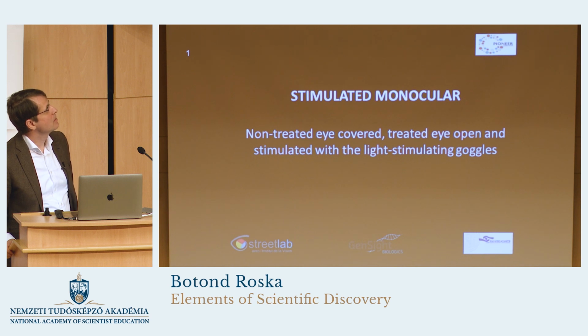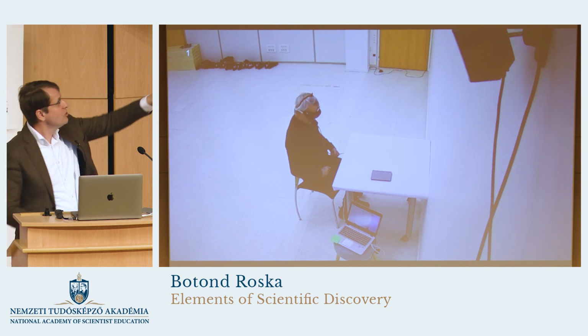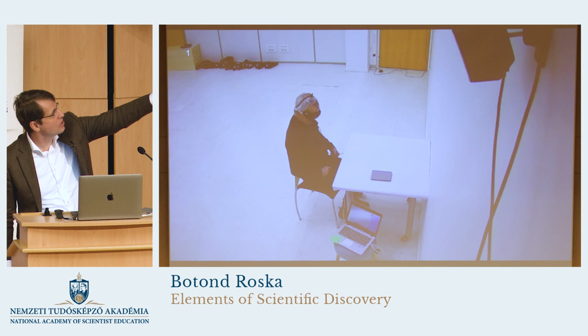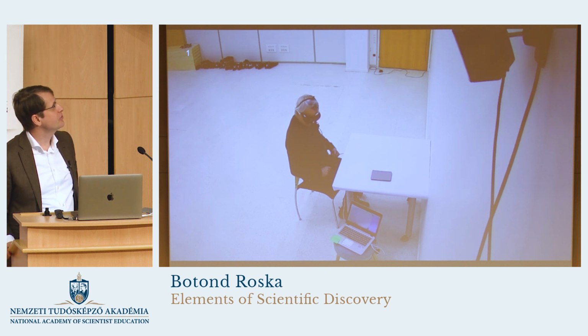So that's the state, they just don't see objects. And then we put on the goggle. And now watch what happens. So first of all, you see that the patient starts to scan. You see, by the way, that the camera sees on the laptop. So that's where the camera is looking at. So first what you see is scanning,